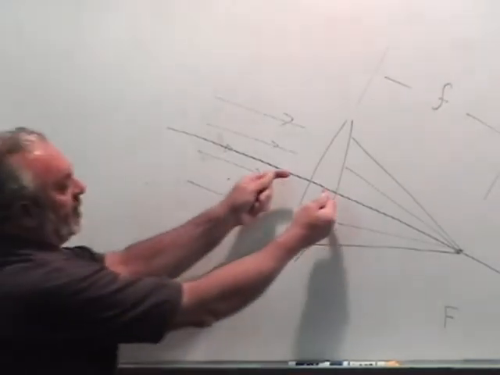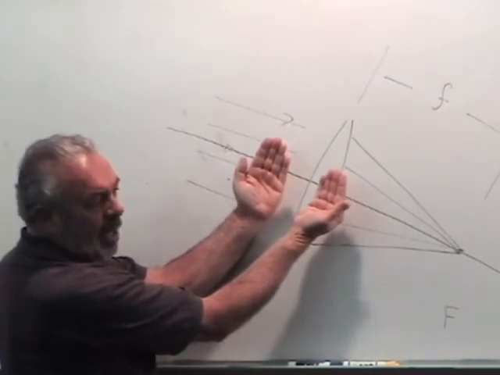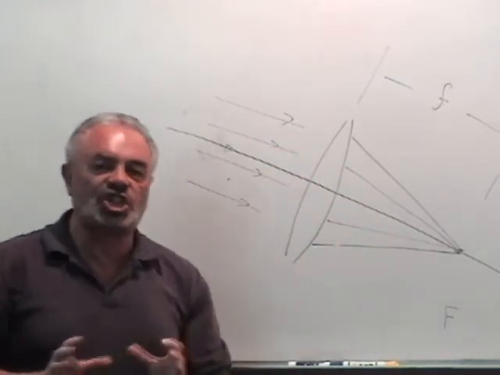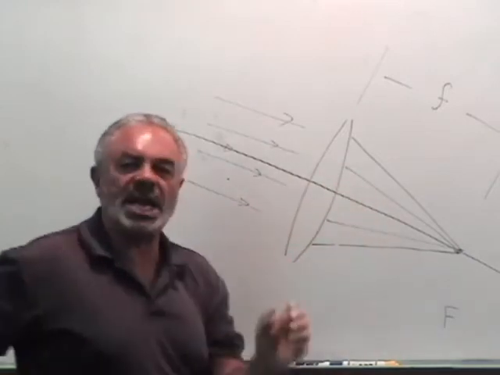So a second interesting property about lenses is that any light ray going through the center of the lens goes through undisturbed. If you're wondering why, it's because the two surfaces of the lens right at the center are parallel to each other like that. The center of the lens is just a window. It's the other surfaces which are sloped relative to each other that cause the bending. So we've now learned two things. Number one, paraxial light rays are forced to the point of focus. And second, light rays through the center of the lens go through undisturbed.